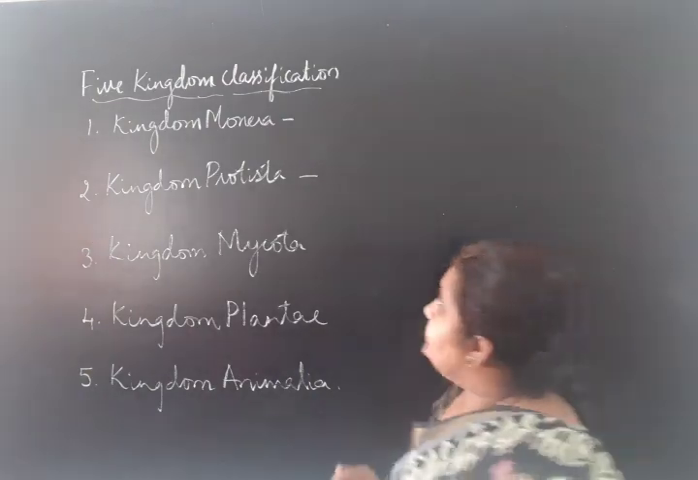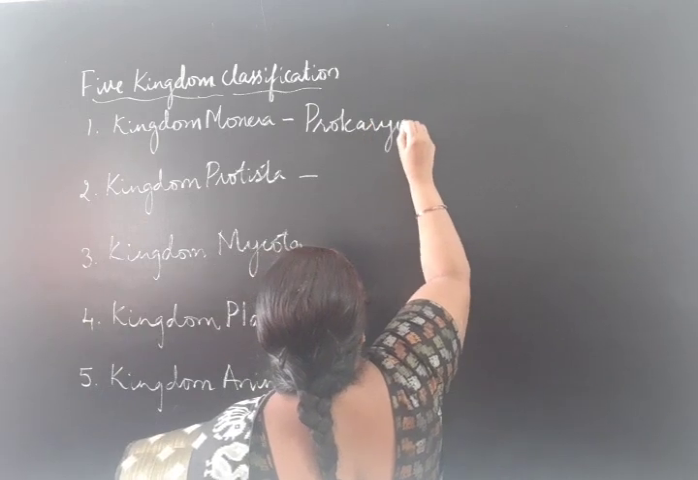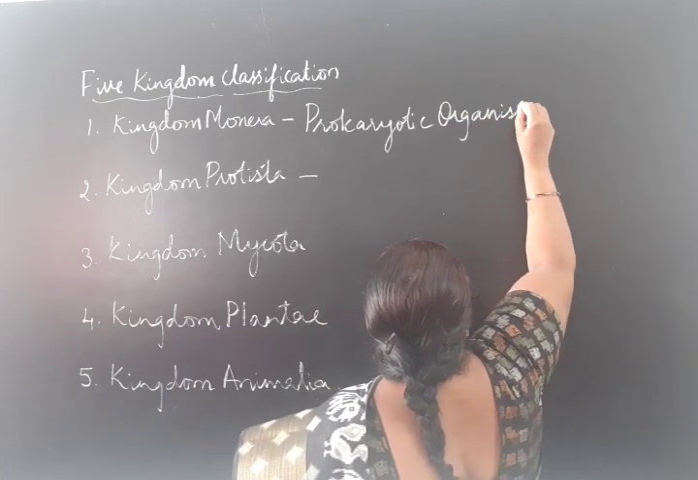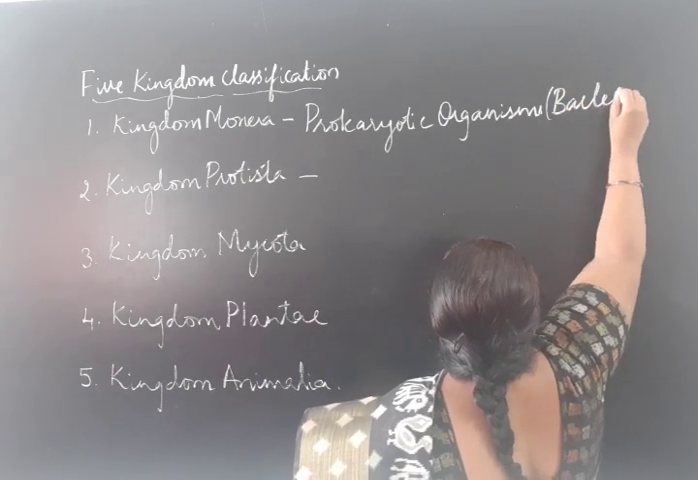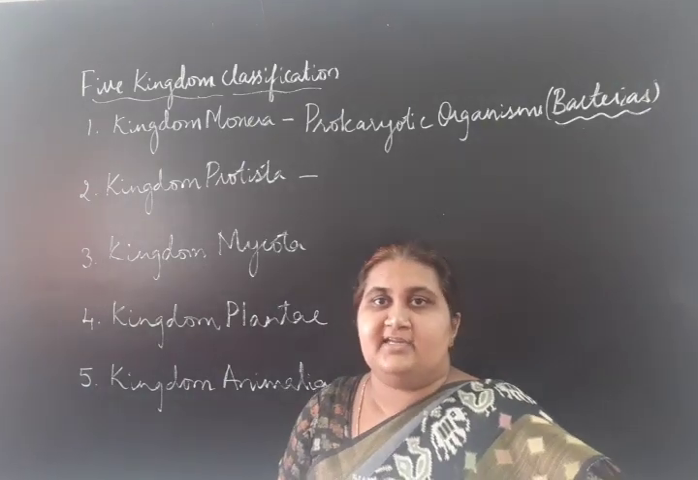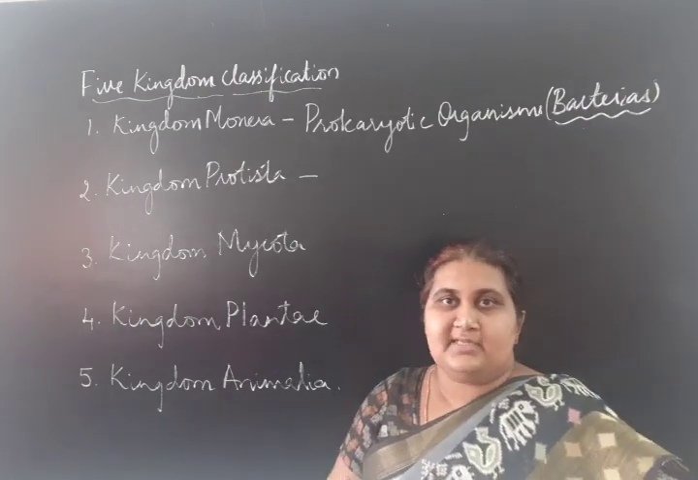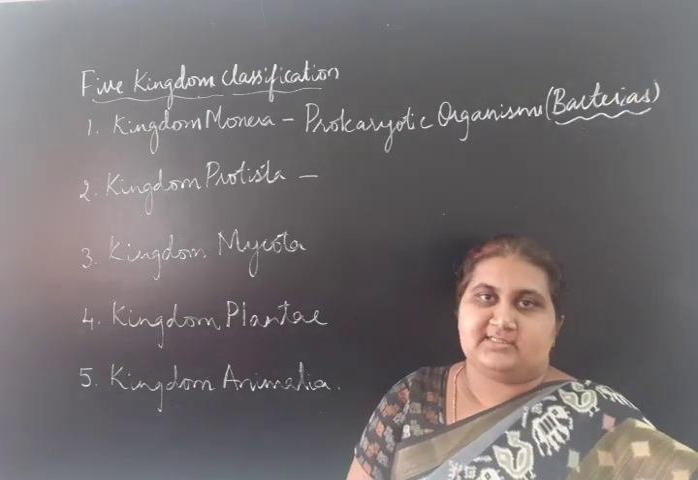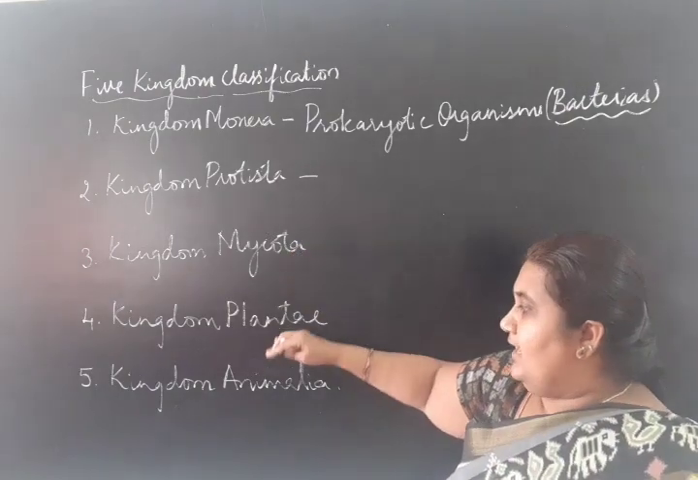Kingdom Monera includes prokaryotic organisms like bacteria. Bacteria are included in the kingdom Monera. So kingdom Monera is the only kingdom which includes prokaryotic organisms like bacteria. Rest all the other four kingdoms, Protista, Mycota, Plantae and Animalia, include